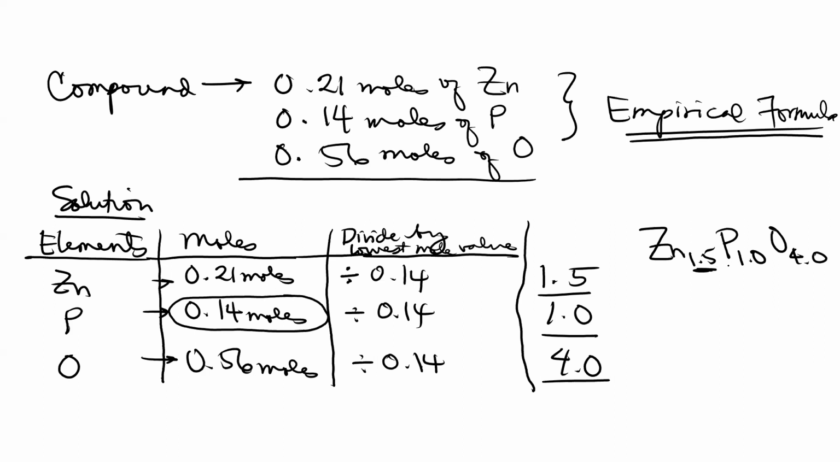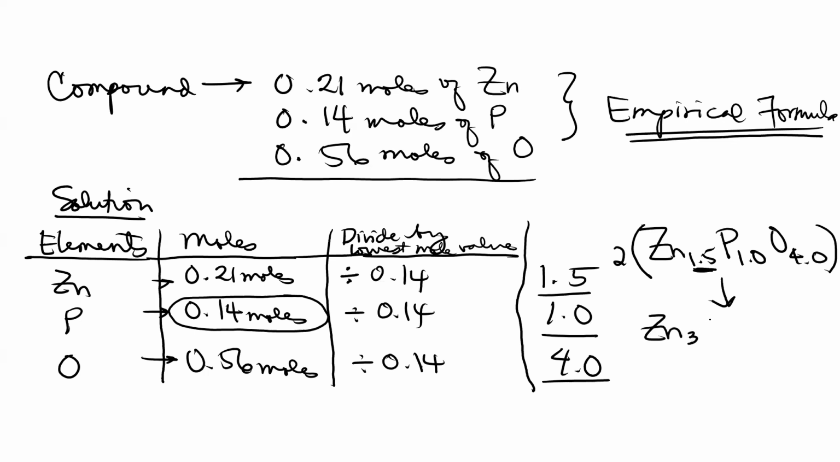So we need to think of the smallest factor that will make the decimal value of the subscript of zinc a whole number. What would that factor be? Very good. So that would be 2. So if you multiply the whole formula by 2, we now have